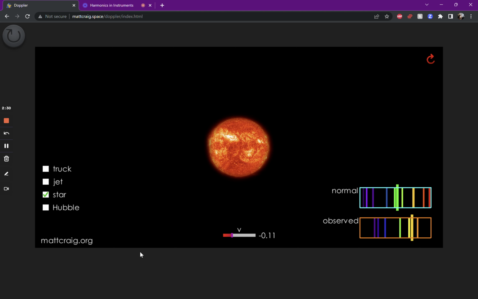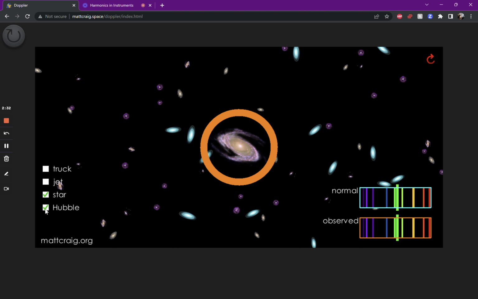The final thing you can do is click on Hubble, and if we imagine that we are the Milky Way, this is designed to show Hubble's law, that all the galaxies are red shifted and that the farther away you go, the more redshift you get. So I usually say,